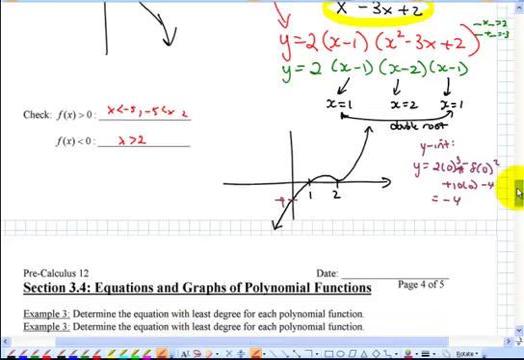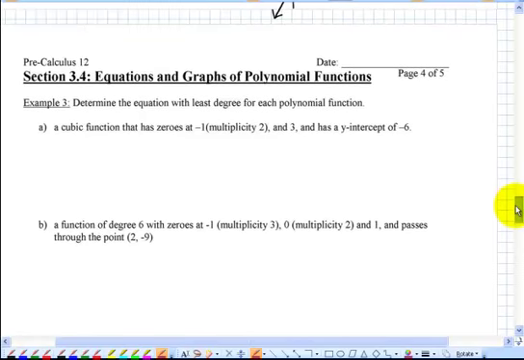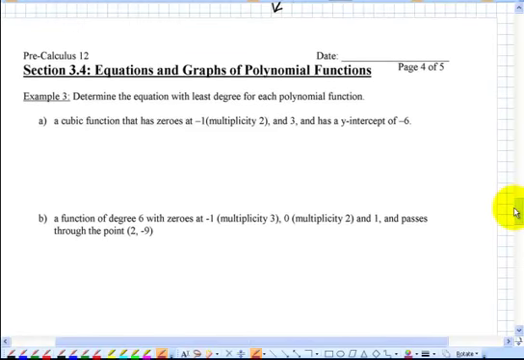Okay, new stuff today. Page 4, example number 3. So we're going to continue on this journey in equations and graphs of polynomial functions. Here I'm going to ask you to actually find equations given information. So I'm not giving you graphs, I'm just giving you information, and you have to find the equation that matches